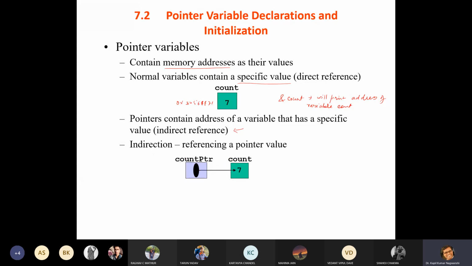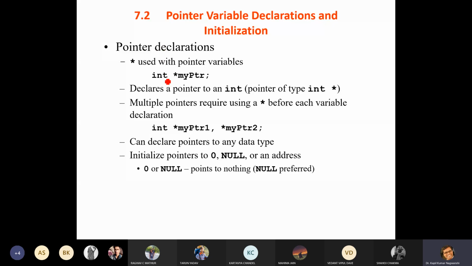So how do we declare the pointer? Let us start. Pointer declaration is used with a star, okay, for a pointer variable. So this pointer is a pointer to integer. It declares a pointer to an integer or pointer of type integer. Whenever we are declaring a pointer, this holds the address and this will point to a particular value.